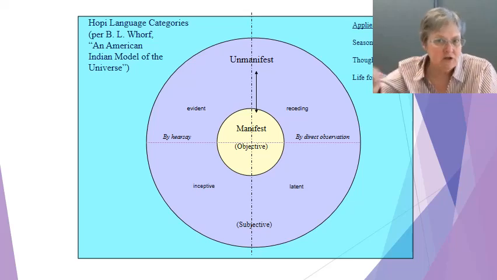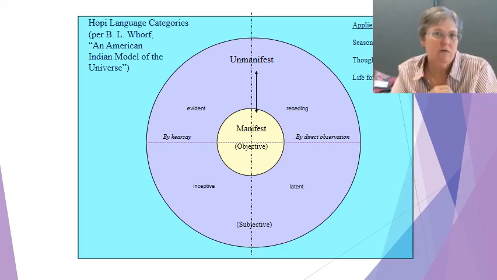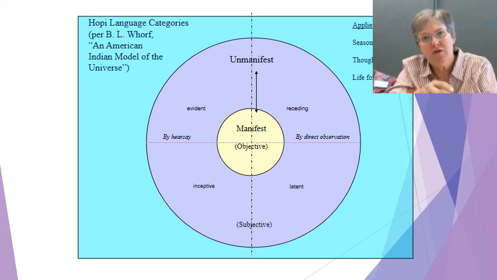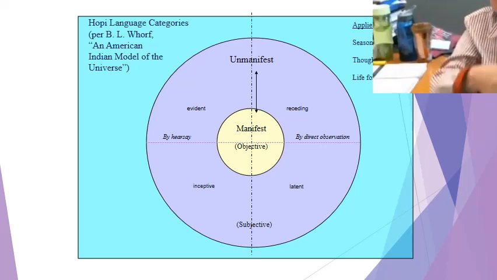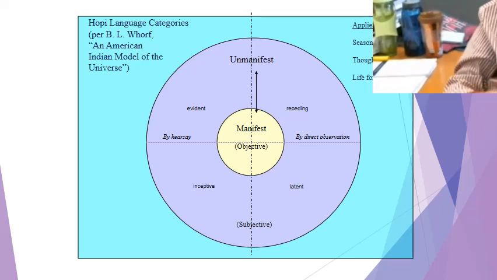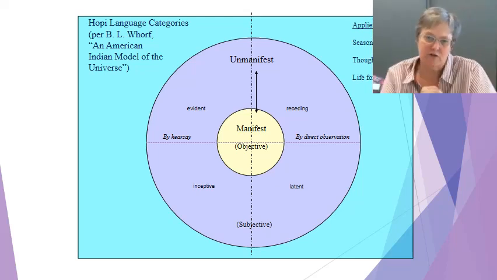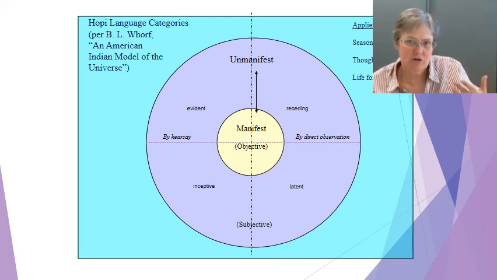When you think about it, this is a cyclical view of experience. I won't even call it time. To them, it's a process. So the Hopis have this cyclical view of life. They believe in reincarnation, folks. All right? Life after life after life. And their view of what we call time is cyclical. And isn't that interesting? Because they are a horticultural people who depend a lot on the cycle of the seasons. Okay? So that shows a very definite relationship between Hopi language and Hopi culture, which is very different than